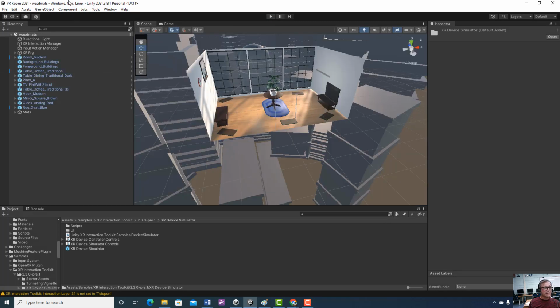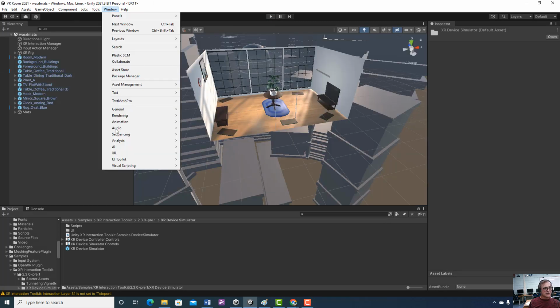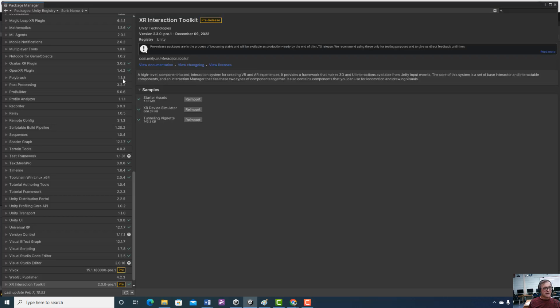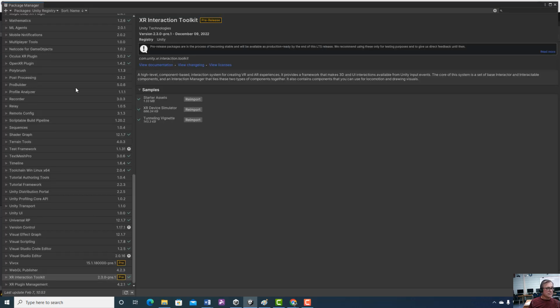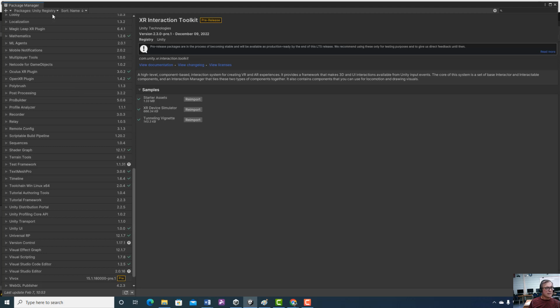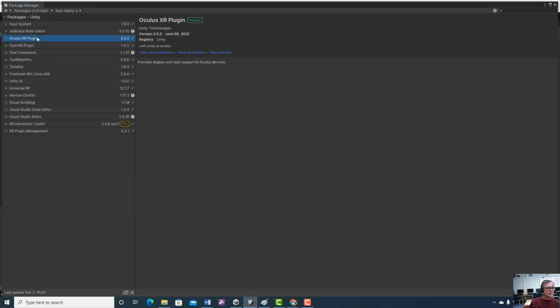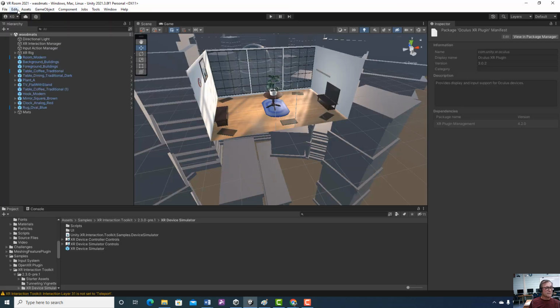If you have the Oculus, you need to get it also. So if you have an Oculus headset, you need to go to your package manager and bring it in from the registry if you don't have it, and then let's go to the project. So the Oculus, I brought that plugin in. So when I have an Oculus headset, I made sure I brought this plugin in, and then in my settings, if you have a headset,